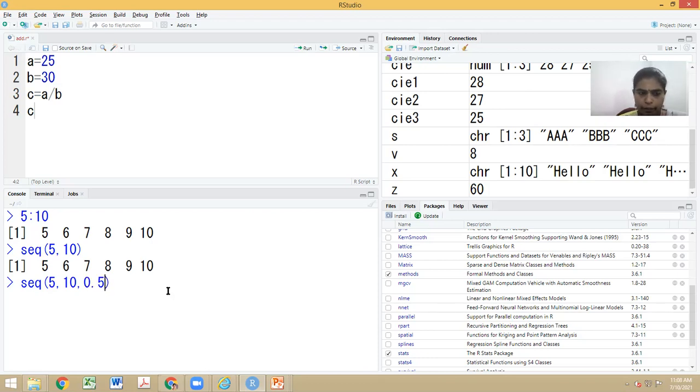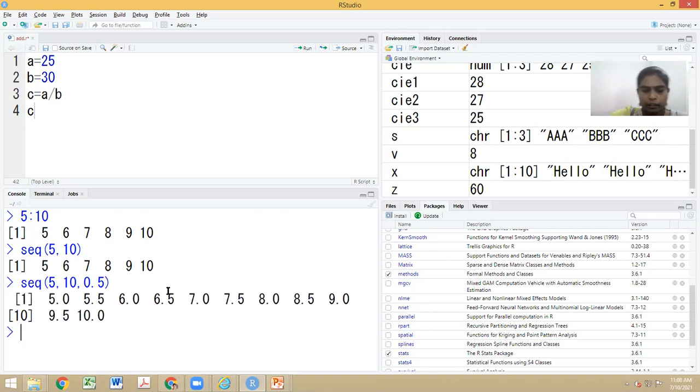In the earlier sequence we got a total of 5 values, but now I may get more. Let's see the result. I see 5, incremented by 0.5 to 5.5, then 6, 6.5, 7, and finally the ending value is 10. Earlier I got 6 values, now I have got 10 values or more, but both have the same starting and ending value.